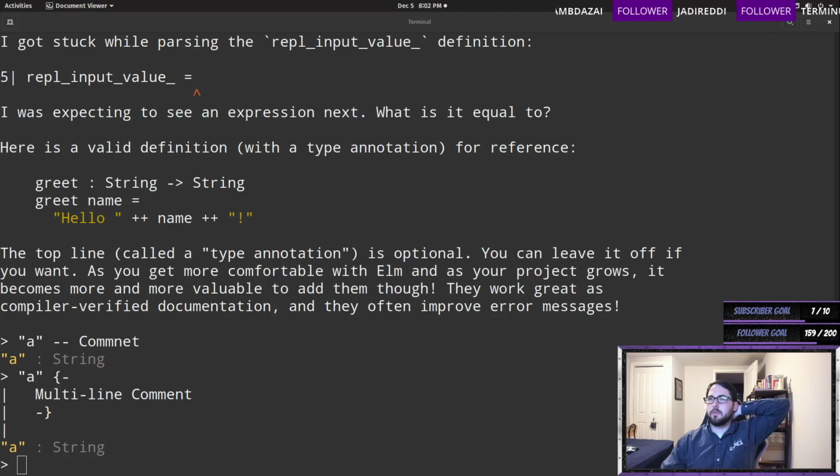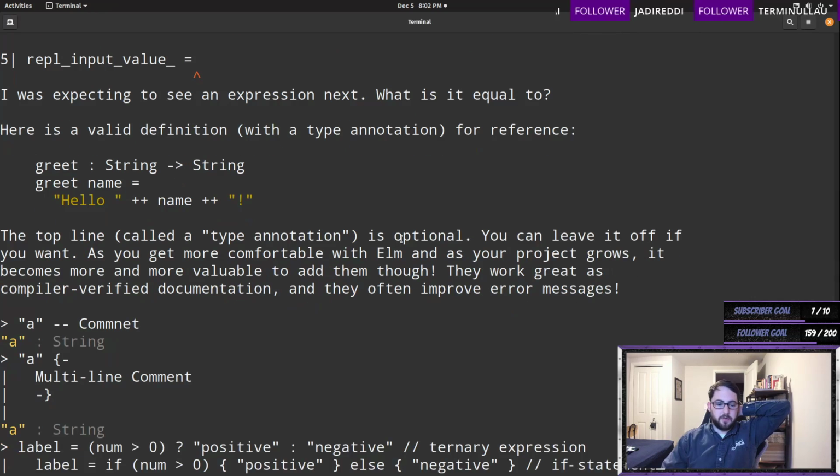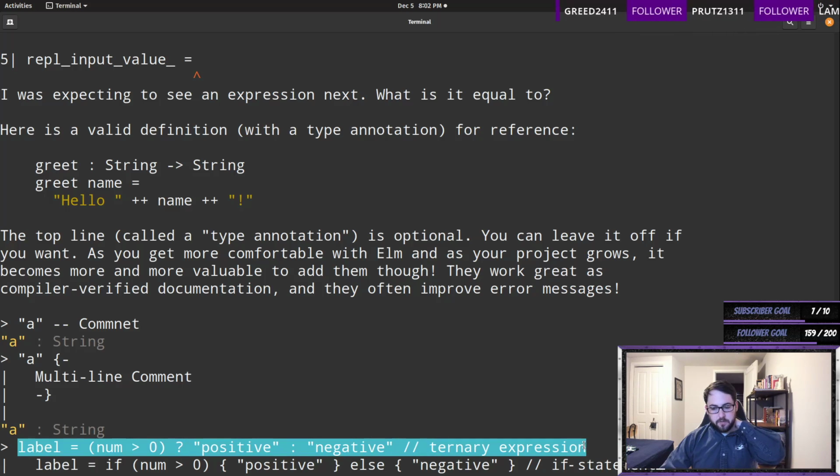So it says, okay, let me paste this in here even though it's not valid. So it's like compare these. So this is JavaScript, and it says this is a ternary expression. It evaluates to a value, and JavaScript happily assigns that value to a label. If statement,